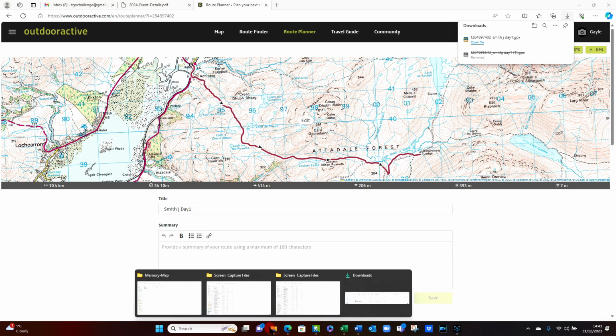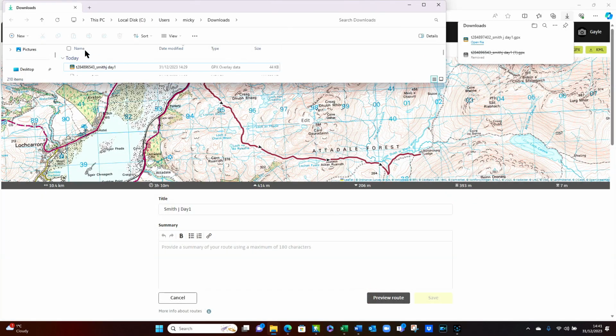If you then navigate to your Downloads folder, you can see it there, and you can then either attach that to an email or upload it to an online file sharing website to send that on with your route sheet